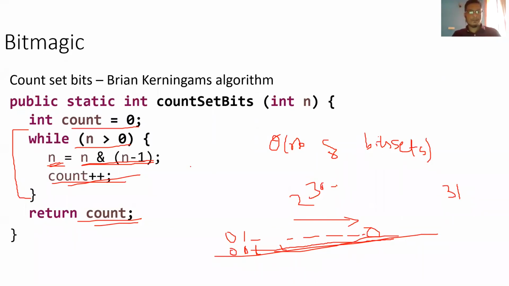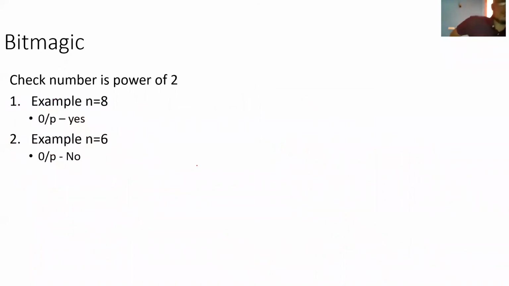Yeah. Okay. So next one is how you can check if a number is a power of 2. By now you might have already guessed how to check a power of 2. 2 to the power 1 is a power of 2, 2 to the power 2, 2 to the power 3. These are all powers of 2. If you represent them with numbers, it will be 16, 32, 64. These are all powers of 2. 128, 256, 512, 1024. These are all powers of 2.